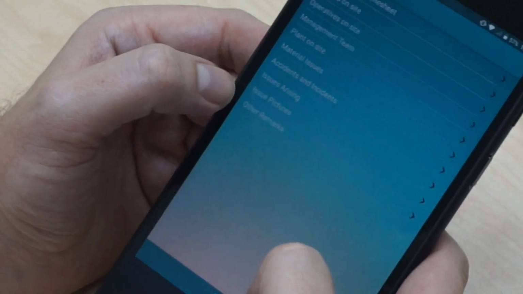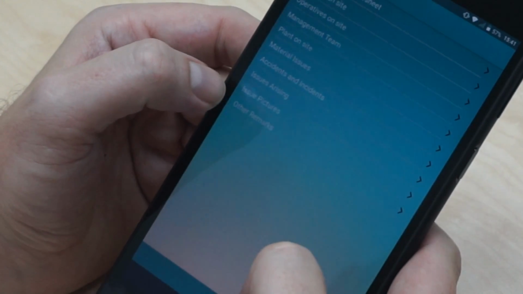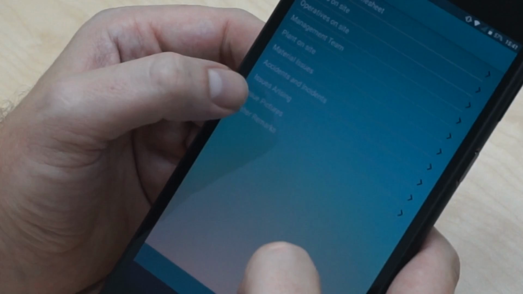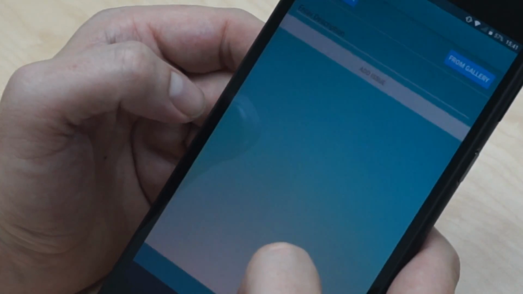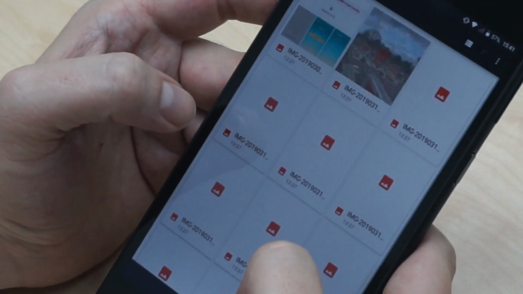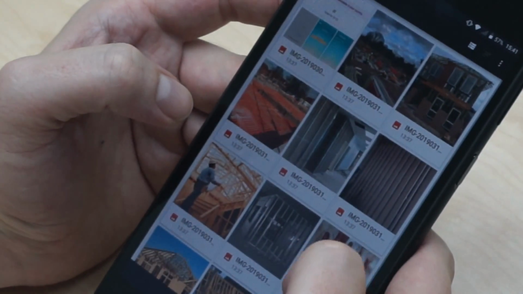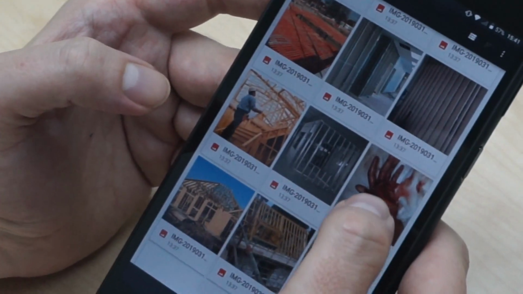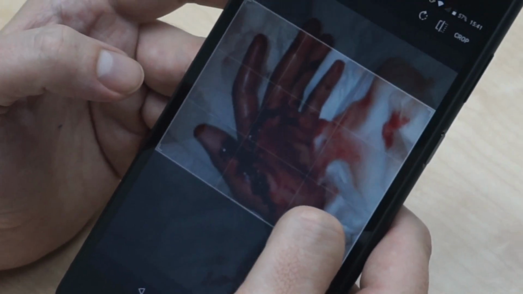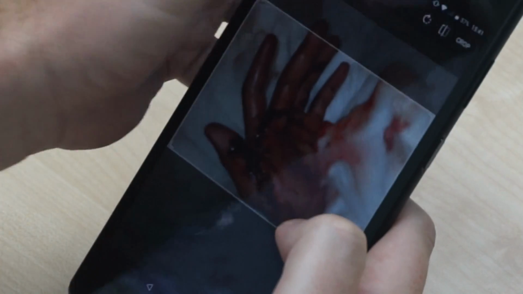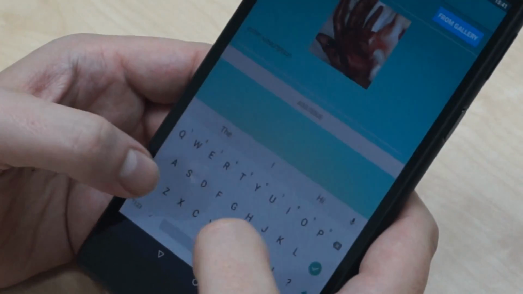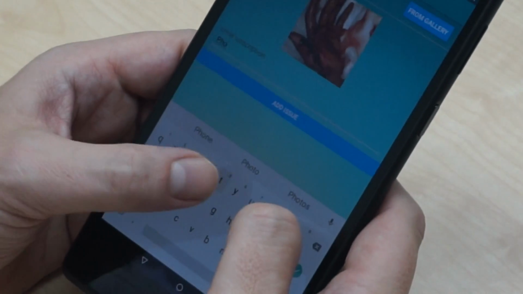So we've been out on site, the quantity surveyor's been, we've had an accident on site, so we now can attach pictures from the issues that have arisen. We go to our gallery on the phone and we see somebody with a badly cut hand. We select, we crop the image. So in the event of an insurance claim, we've got photos